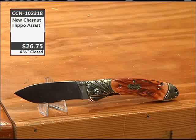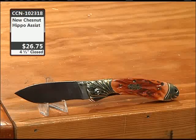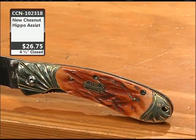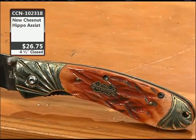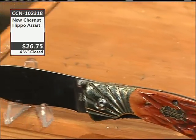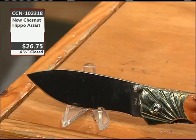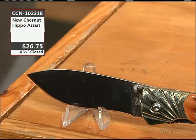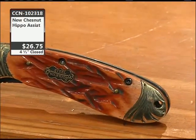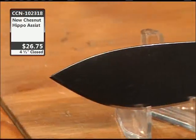New chestnut. This is a Hippo Assist. This is by Steel Warrior, and this is brand new for this year. They've had several different handle materials, and this is called the Hippo. What's new about this and what's the big deal is this is Steel Warrior's first shot out of the gate in assisted opening. This is a liner lock, and it's got scallop bolsters, that broad kind of hippo look on that blade that you see there. It has a pocket clip on the back side, and it is assisted open. Steel Warrior fit and finish, retail of $50. You're only paying